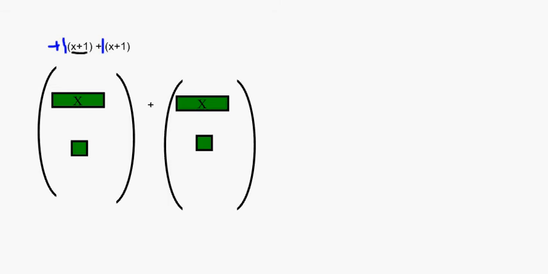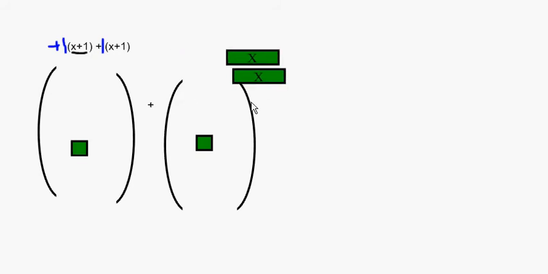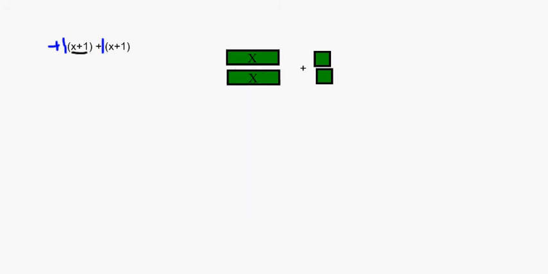So now I can say that I have one box of x plus 1 plus another box of x plus 1. So in pictures it would look something like this. And now to collect like terms, I can go ahead and collect the things that are the same. So I've got an x, and I've got a 1 and a 1, and now that I've done that, I don't need my brackets anymore, so I can remove them. So my picture would look something like this now, and I can rename that as 2x plus 2,